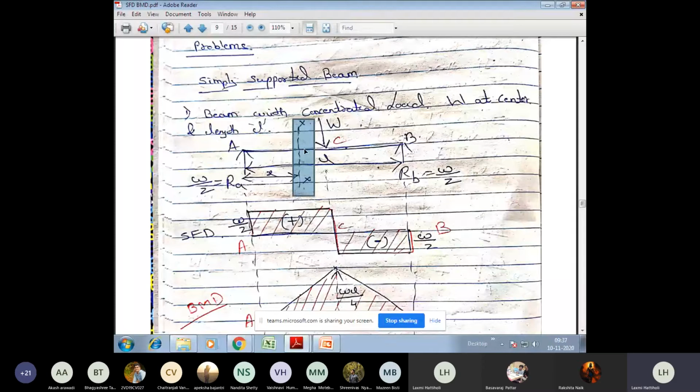Okay, now, this is my section XX. I have already told you wherever you are taking a section or calculating the bending moment, that point should always be imagined to be fixed. Now imagine this AC beam to be a very flexible beam. It is able to twist, able to rotate. Now this is my RA. XX is here. Imagine this as a fixed support. Apply this RA. Forget all this C and B. Only apply RA. Tell me whether it is sagging or hogging. Sagging, very correct. Others?